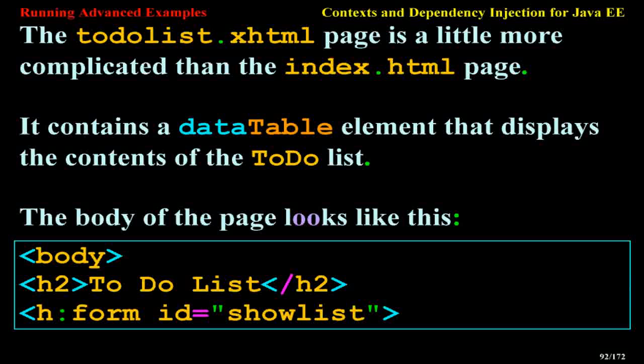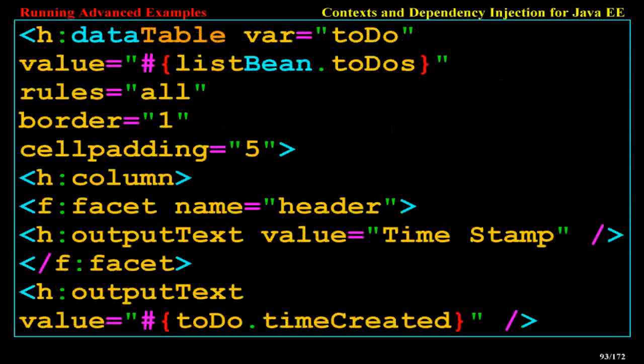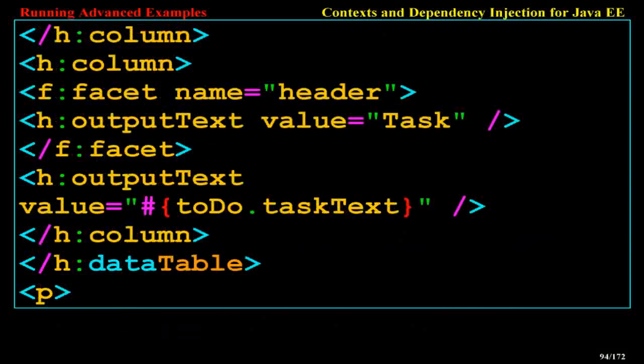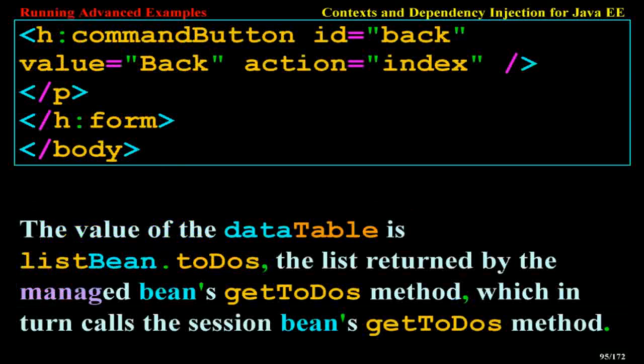<h:body> <h2>To-do list</h2> <h:form id="toolist"> <h:dataTable var="toDo" value="#{listBean.toDos}" rules="all" border="1" cellpadding="5"> <h:column> <f:facet name="header"> <h:outputText value="Timestamp"/> </f:facet> <h:outputText value="#{toDo.timeCreated}"/> </h:column> <h:column> <f:facet name="header"> <h:outputText value="Task"/> </f:facet> <h:outputText value="#{toDo.taskText}"/> </h:column> </h:dataTable> <p><h:commandButton id="back" value="Back" action="index"/></p> </h:form> </h:body>